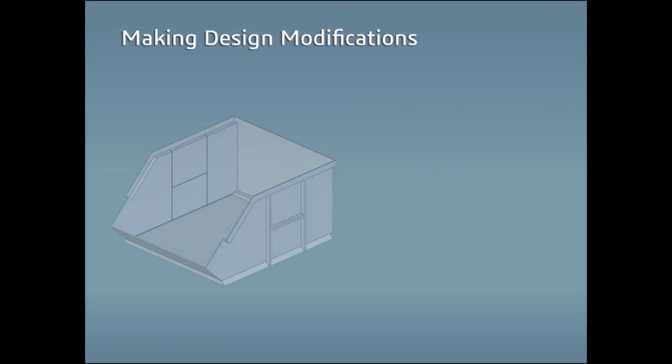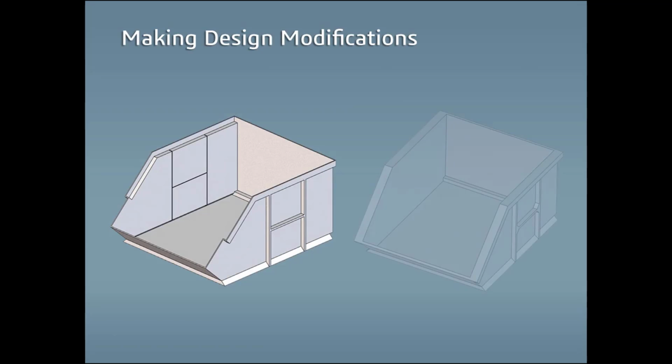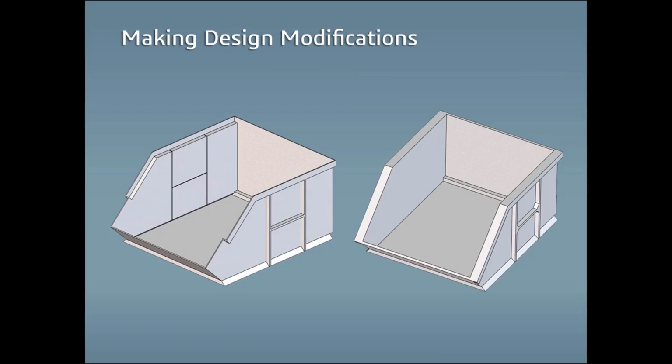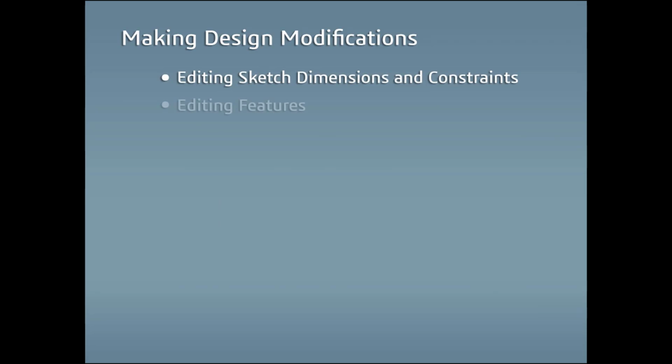Working with CAD models is usually a process that involves making changes to features and geometry over time. This means you'll need to go back and make changes at different points in the design history. The main ways you can make modifications is by editing sketch dimensions and constraints used to generate 3D features, by